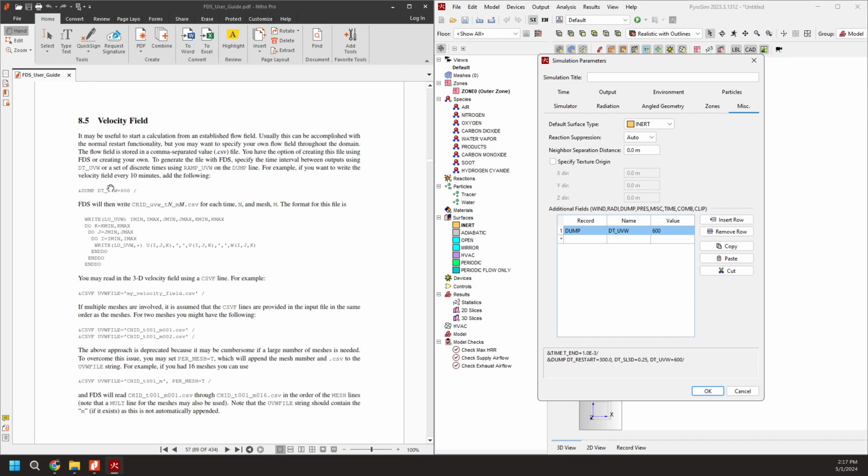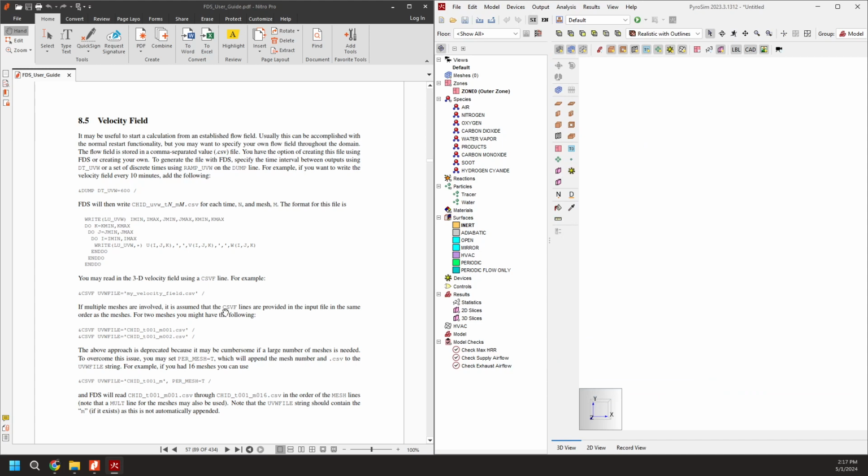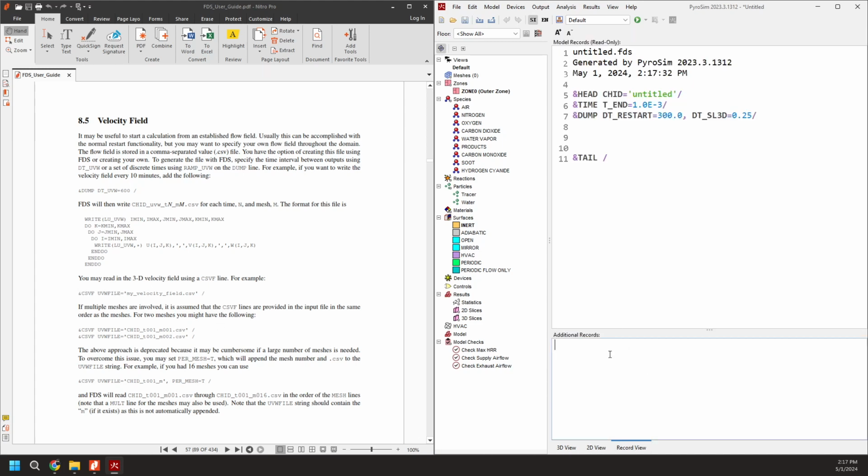Now you would run this and get your answers. The next thing that you need to do is the CSVF file. To do this part, you're going to take a line like this and add it to record view, and let me just do a little select here. So it would be something like